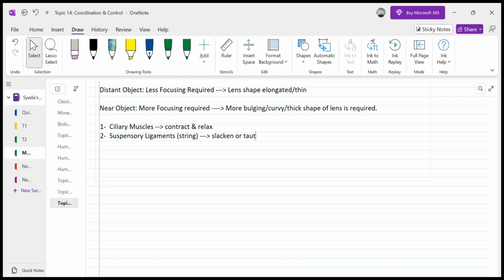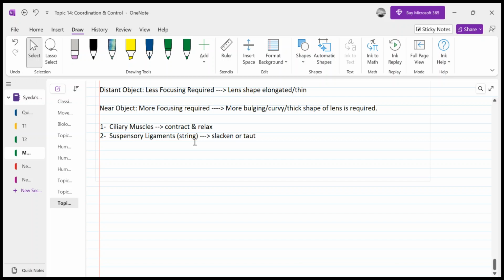How distance causes thinness of the lens. Whenever any object is quite far away from the lens, the light is not that much divergent, meaning the light from the sun or any luminous body which falls on that object and is reflected towards our eye is not diverging as much as compared to a nearby object. This is something that you need to understand. If you have further problems, we can discuss in personal text, okay?